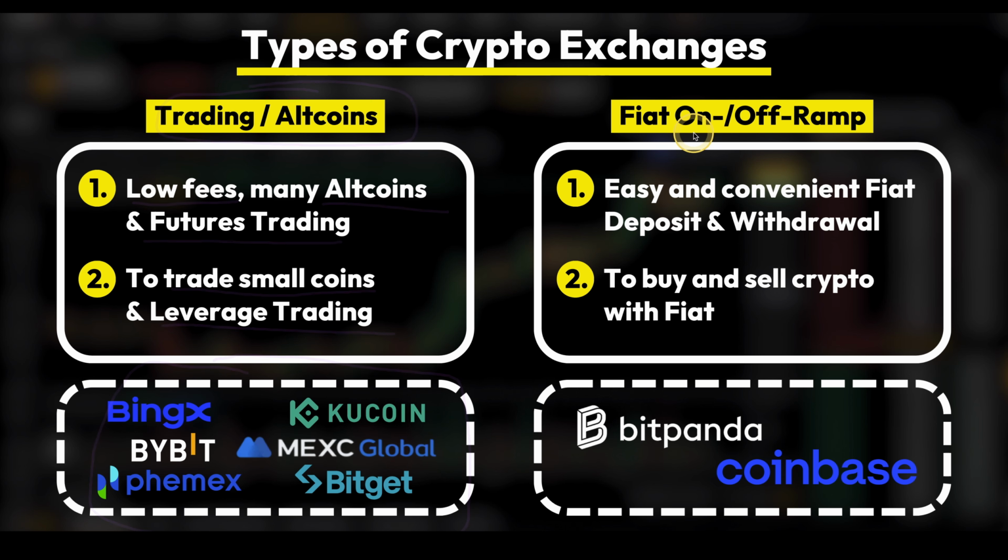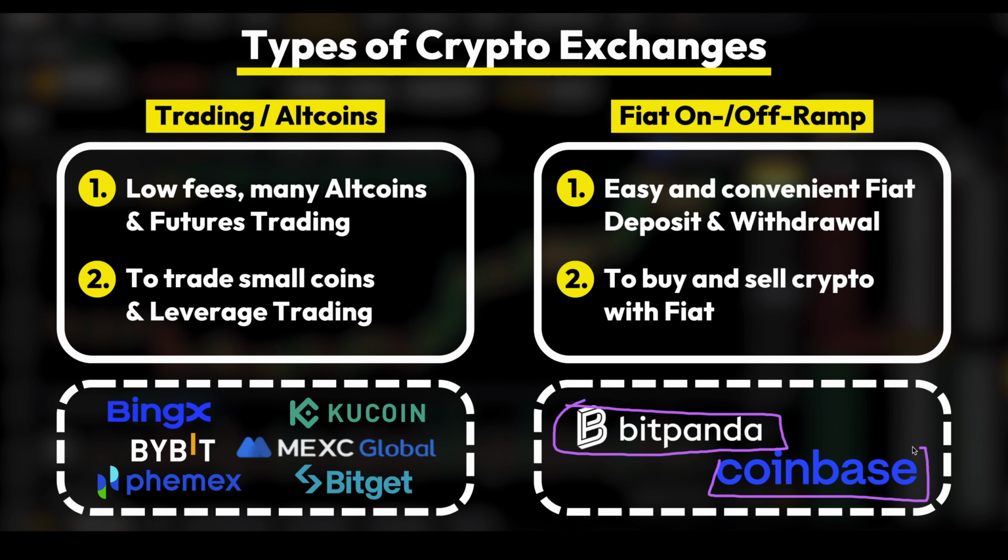On the right side instead, we have the so-called fiat on and off ramp exchanges. They have the benefit of very easy and convenient fiat deposit and withdrawal methods. So whenever you want to interact with your own bank account in your local currency such as euro, British pound or US dollars, you can easily buy and sell crypto with your own fiat money. My favorite examples of this type of exchanges are Bitpanda, which is my personal favorite, but an also great alternative